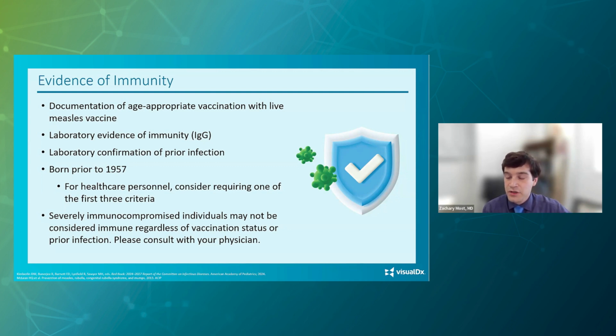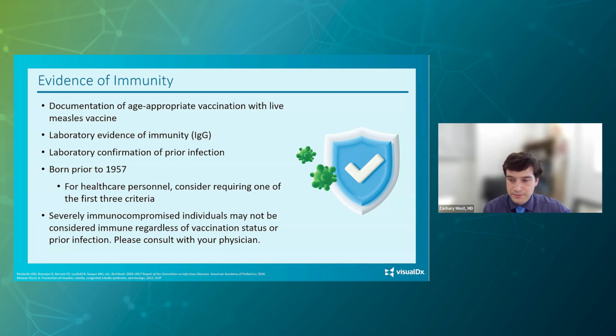I will also say that I don't routinely recommend checking everyone's anti-measles IgG titers, again, because of the listed criteria here. So if you're known to be fully up to date with vaccination, you should just presume to be measles immune. And in fact, checking titers can be misleading because a positive IgG indicates immunity. A negative IgG doesn't exclude the possibility of immunity. There's other aspects of cellular immunity, and there's memory antibody responses that can still occur.